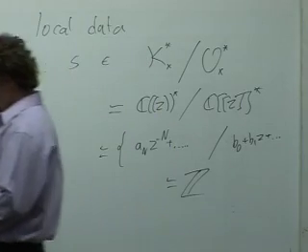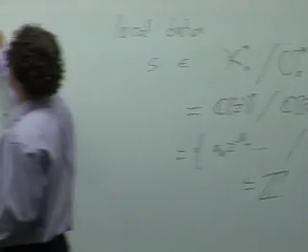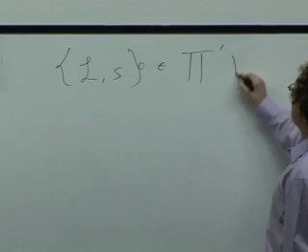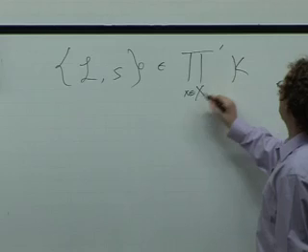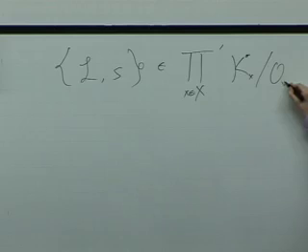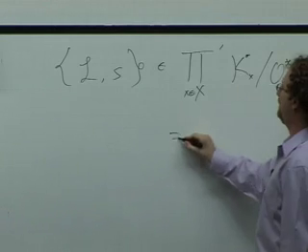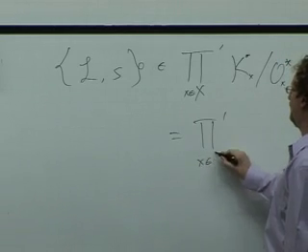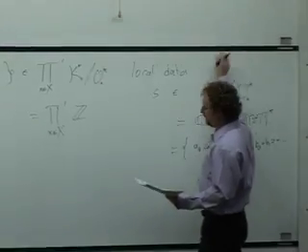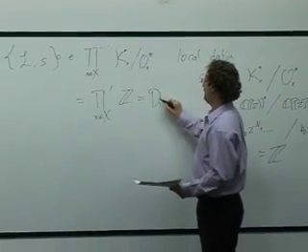So this collection, L and S, defines something which lives in the product over all points in X of invertible Laurent series modulo invertible Taylor series, which is exactly the product over x in X of the integers. So this is one way to think of the divisor of the section. Does this make sense? Okay. So the point is that this is exactly the group of divisors on X.